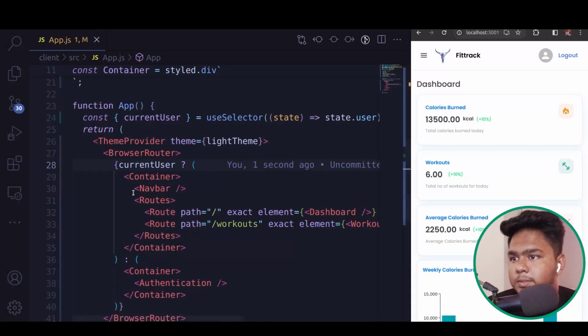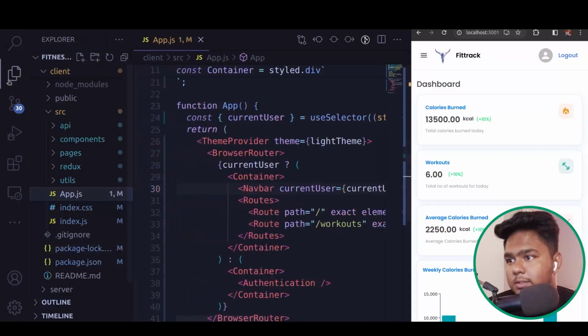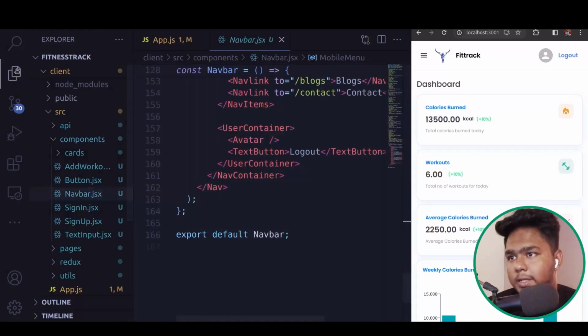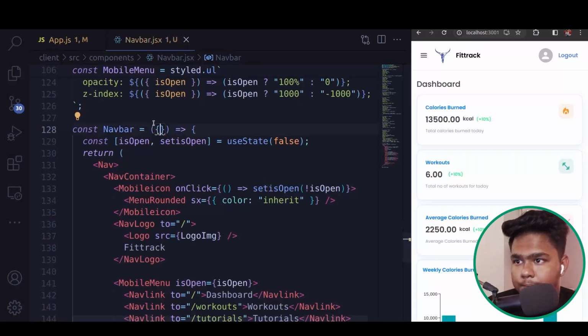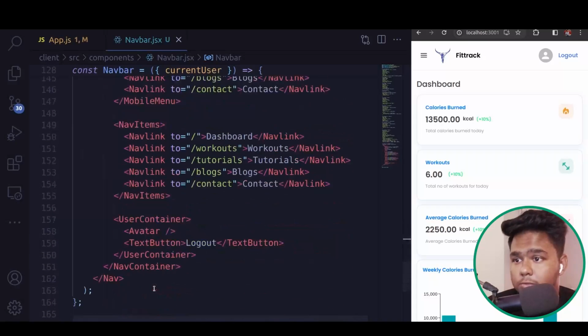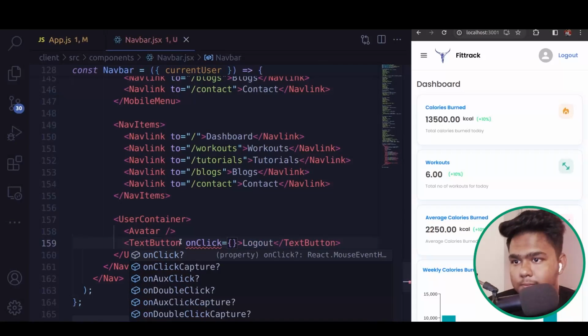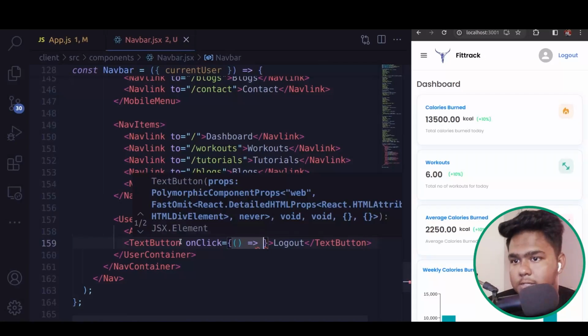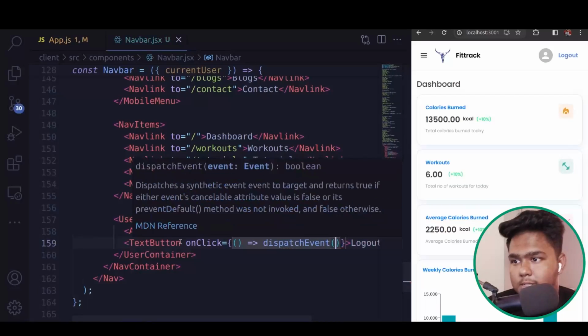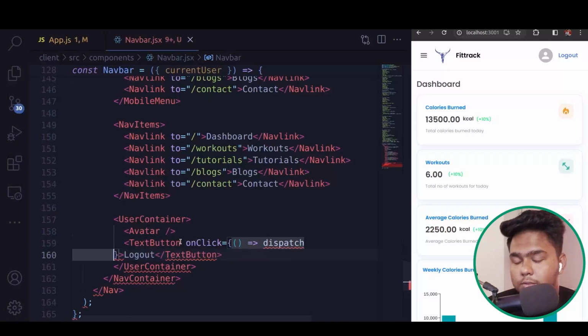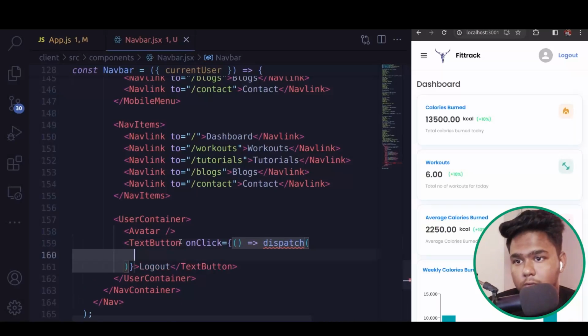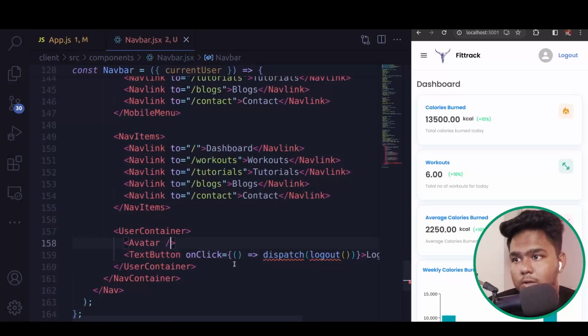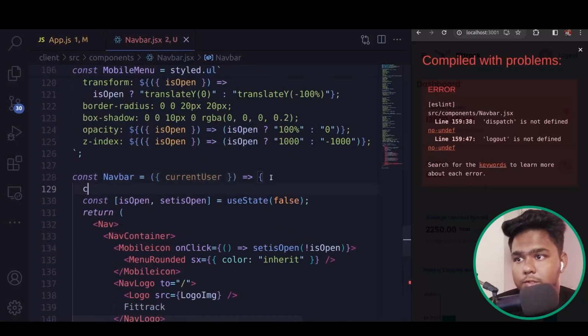So current user we will pass in the navbar also. So if current user is there in the navbar, I will take it in props, current user. And now on the logout button, do one thing, on click function we will call dispatch. So I will write dispatch, and then logout, sorry, the function we have defined is logout, but we have to define dispatch and logout. So write const dispatch equals to useDispatch,